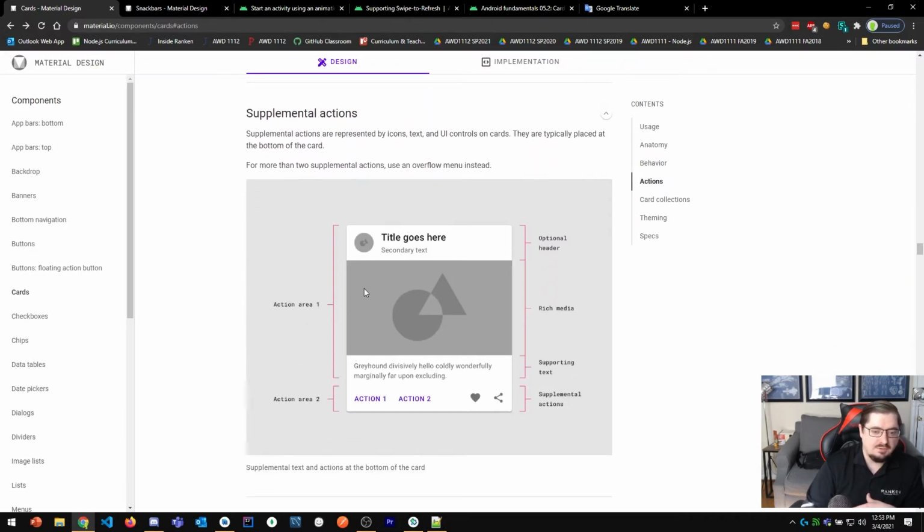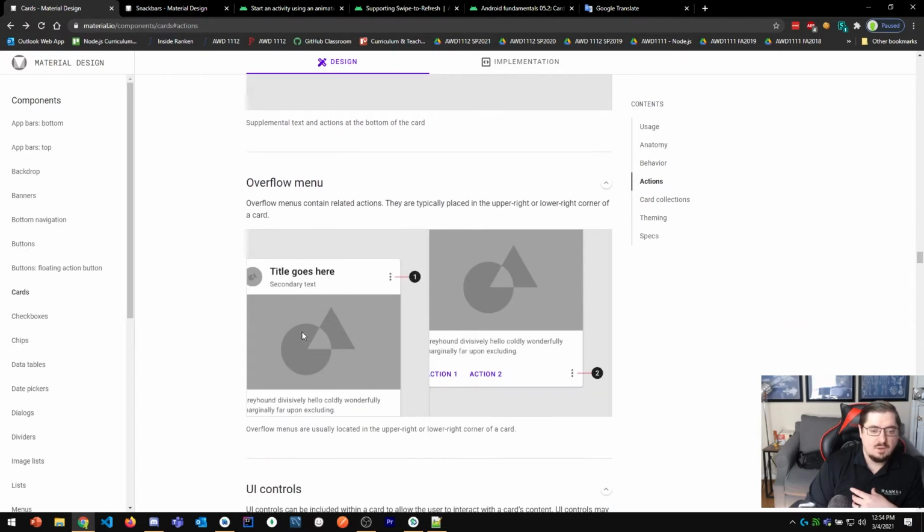If you do have supplemental actions, in case they have buttons here, so they have some text buttons and some icons. Generally, they recommend not doing both. Keep it either to icons or text, but those would appear at the bottom of the screen, which would mean then you kind of got two action areas. So all of this would activate your behavior, and then this action area down here would activate the other behavior. So that way, it's really constrained to where those additional actions are. They're just on the bottom of